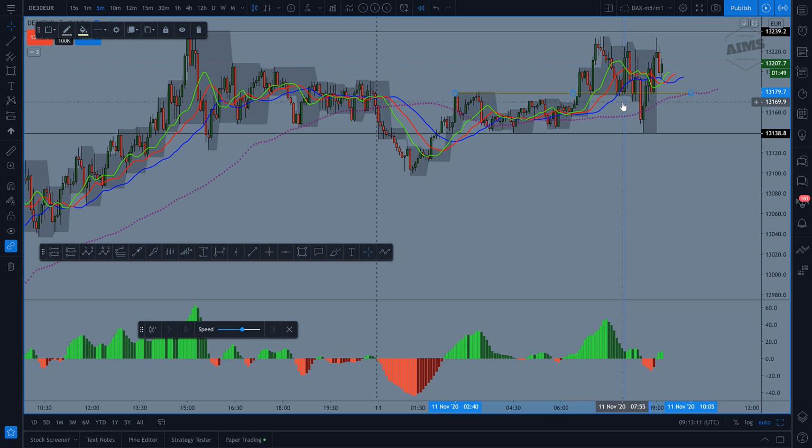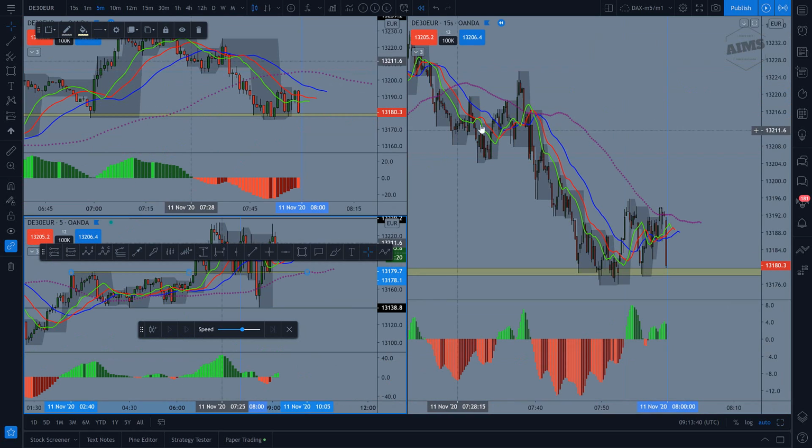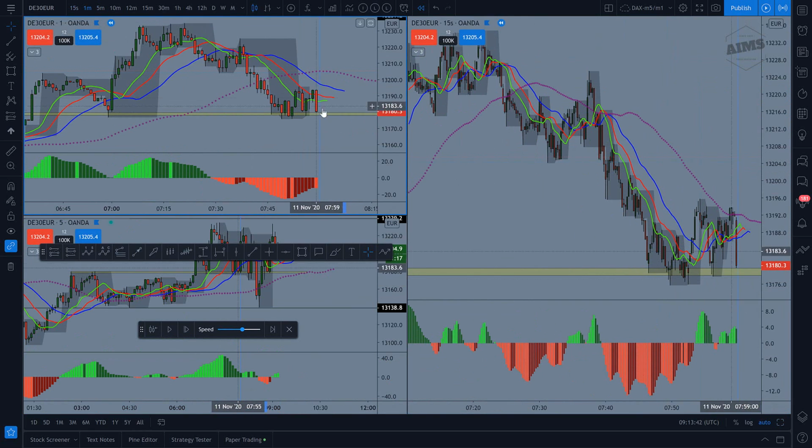But that's not what I do, because what we want is to trade momentum and volatility. So we want to see if the market is volatile and in momentum overall from the hourly perspective. Then we want to see, what did it do yesterday? That's kind of like 10 or 20% importance. And then the most important thing is when we go to the M1 chart. So when it was over here